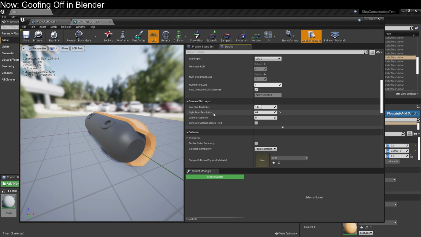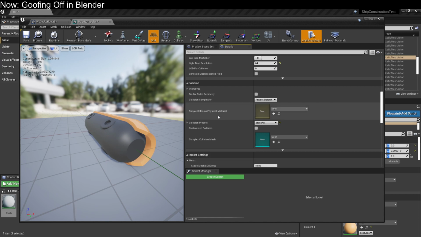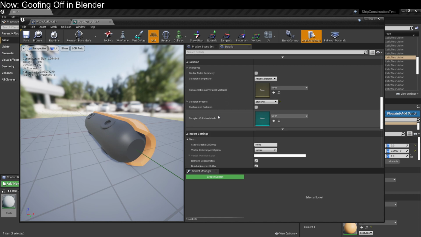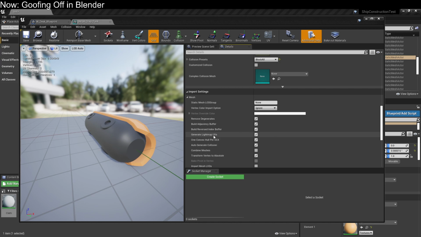So here we can check the light map bias and resolution, but we can't actually tell it to just generate one. So here we have generate light map UVs. It's already selected, and it just doesn't work. So if we were to hit F1 there, it'll pull up here. Static Mesh Editor UI, generate light map. Okay, so generate light map UVs isn't even...